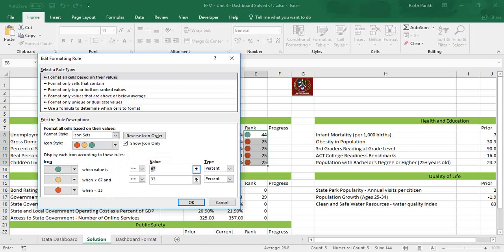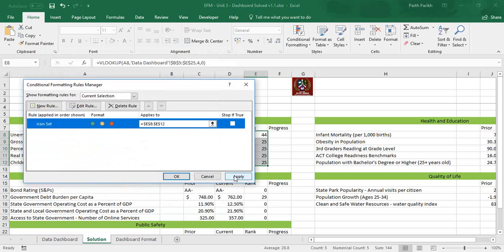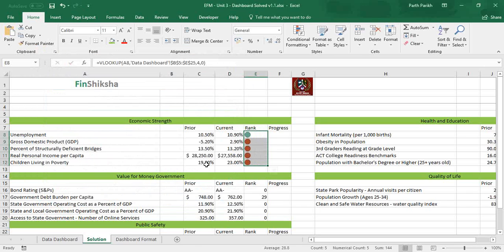So let's say anything greater than 20 is my red, and anything greater than 50, or let's say 40, is green. So Excel will adapt that. You click OK, you can click apply and click OK. The numbers have gone.